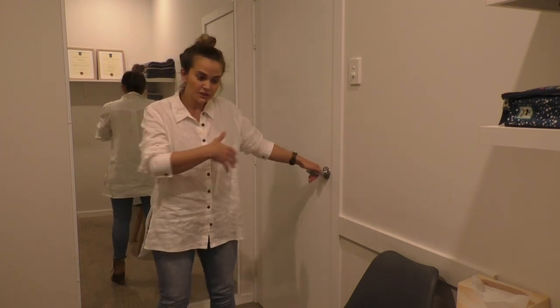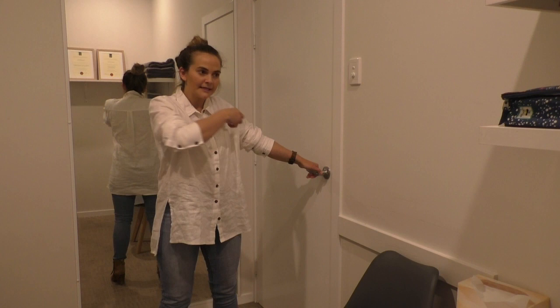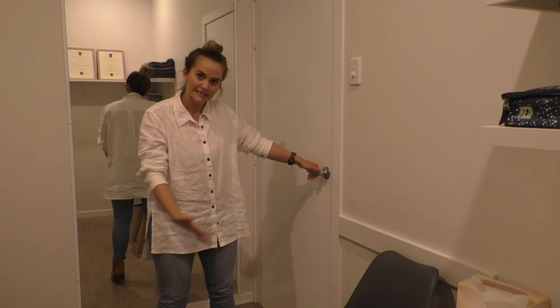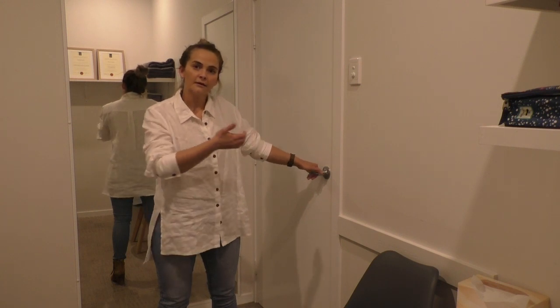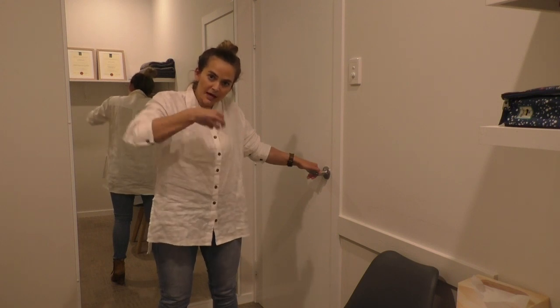So what you're going to do is breathe in, and on the out breath pull on that door handle. Now as you're pulling, you'll feel that automatic foot pressure, and I'm wanting you to think, match that pressure with my pelvic floor, and then you're going to let all of that go. So again, all it's going to look like is breathe in, breathe out. So I'm pulling here, grounding through the floor and drawing up my pelvic floor at the same time,